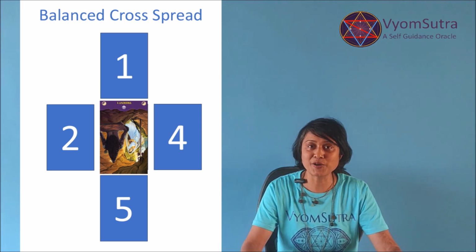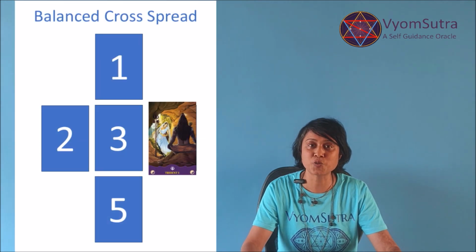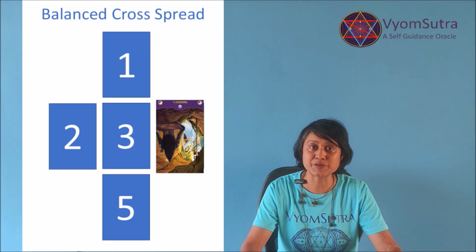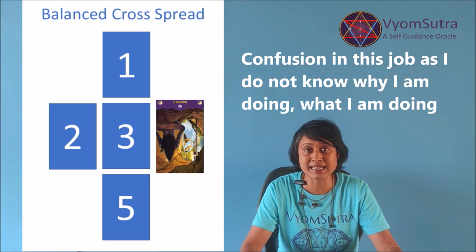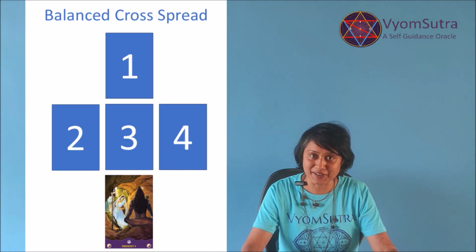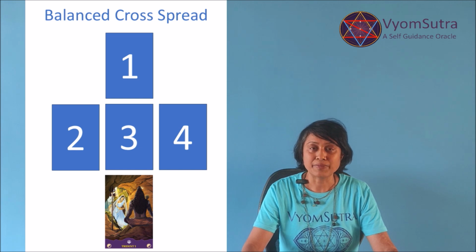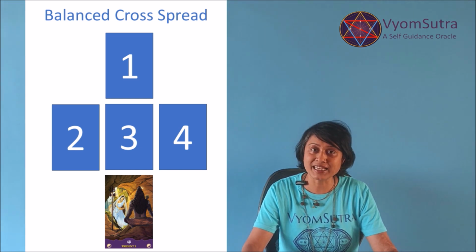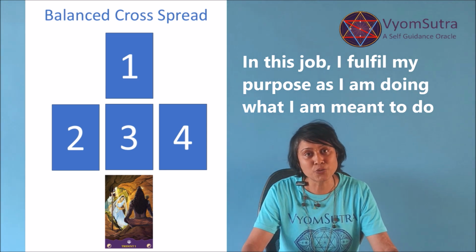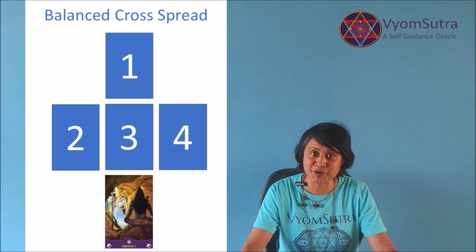So let's say Trident 1 or Ace of Wands appears in position 4, which is what I receive. If it appears straight, one of the meanings could be that I receive a new purpose in the situation to act passionately. If it appears inverted, it may indicate that I'm confused about my purpose and I do not know why I'm doing what I'm doing. So if Trident 1 or Ace of Wands appears in position 5, which is my experience, then if it appears straight, one of the meanings could be that what I'm doing is what I'm meant to do and to continue walking on this journey as it serves a higher purpose.